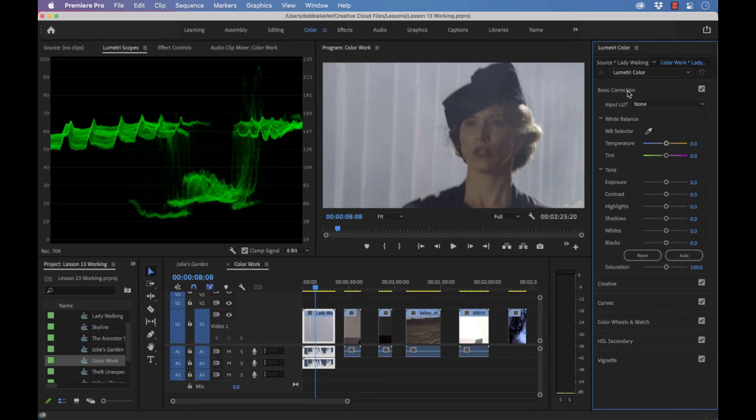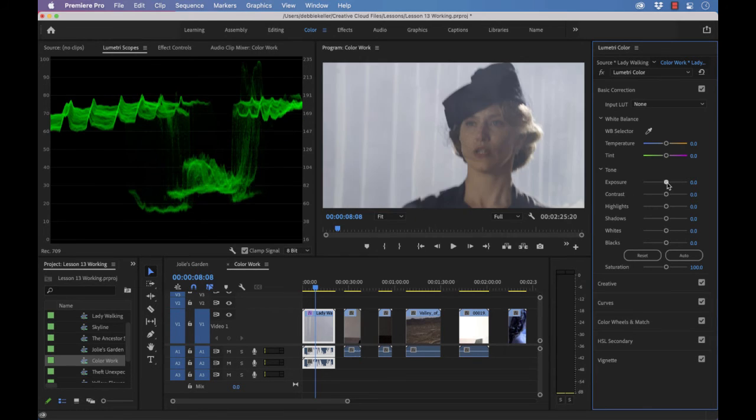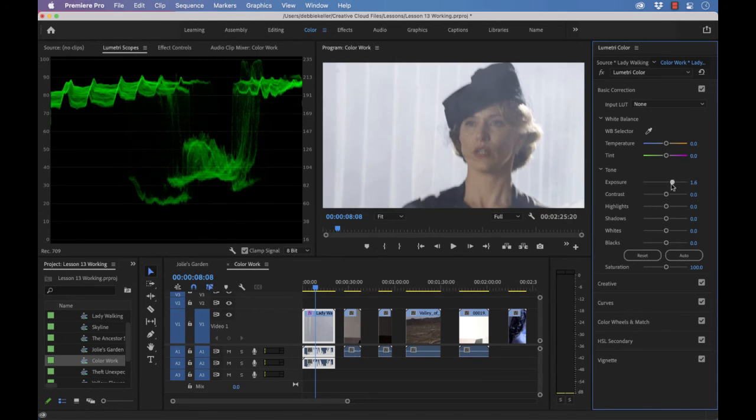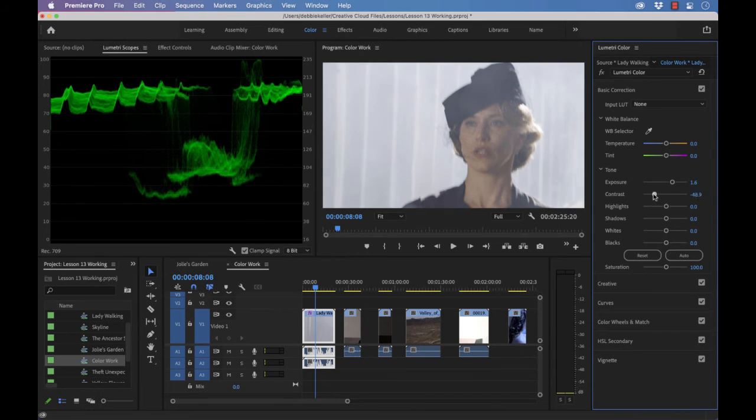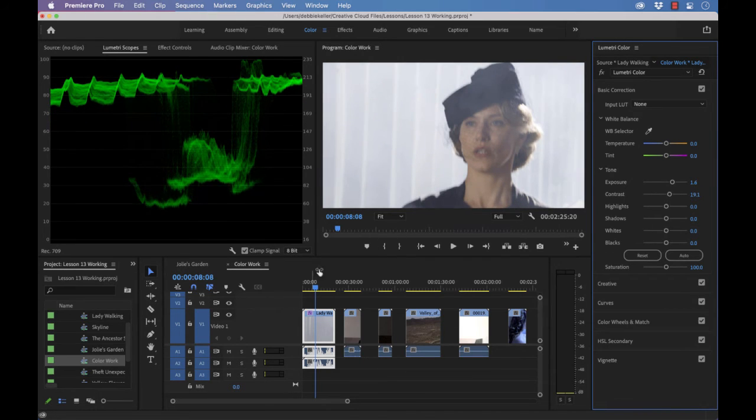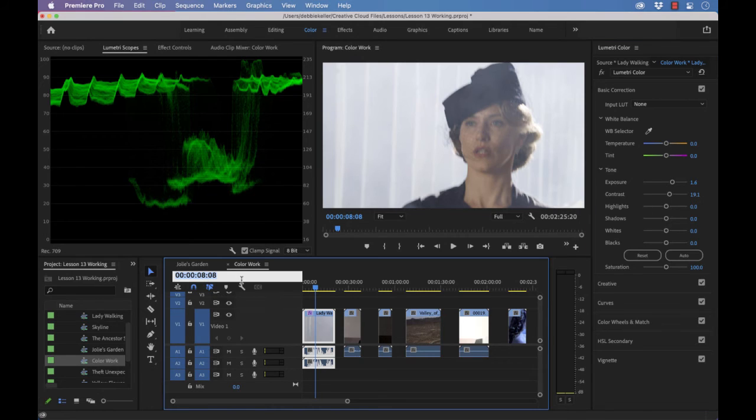In the Lumetri color panel, click the Basic Correction heading to display that section. Use the exposure and contrast controls to make adjustments to the shot while checking the waveform display to make sure the image does not become too dark or too light. You will get the best perceived results if you have a frame from a later part of the clip on the screen, around